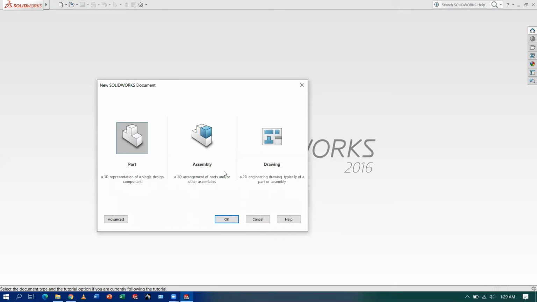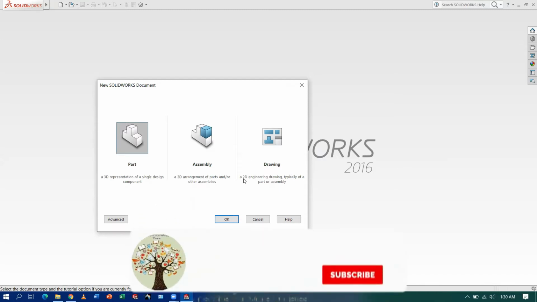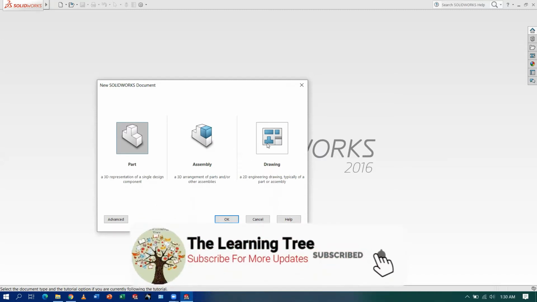Let's have a look at the example of a car. In a car there are several 3D parts, and after manufacturing those parts, we go for assembly. The third one is drawing. The drawing is the very first level of any CAD modeling. Before designing any CAD part, you need to create that part in 2 dimensions, that is 2D.